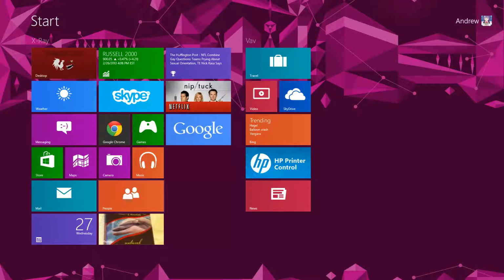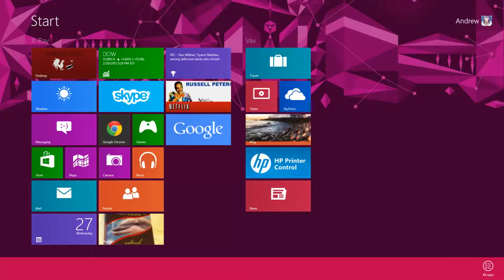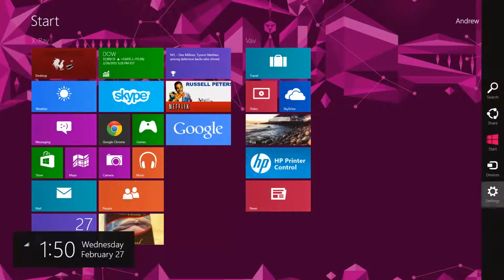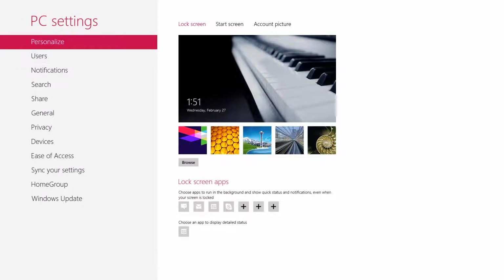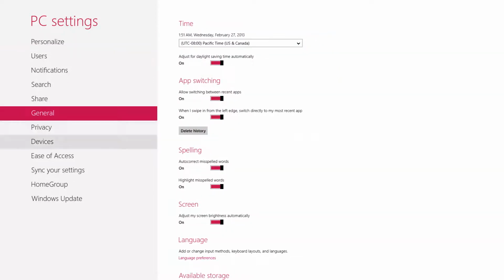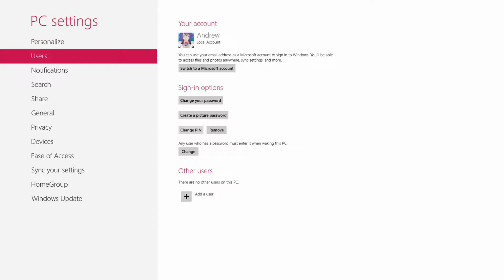You have a few choices with profiles. See if I can get it up here. In PC settings, you can personalize things a bit, and I won't get into this too much. That can be another video if you guys are interested. But where's users? All right, so you can do this thing called switch to a Microsoft account, and basically what that does